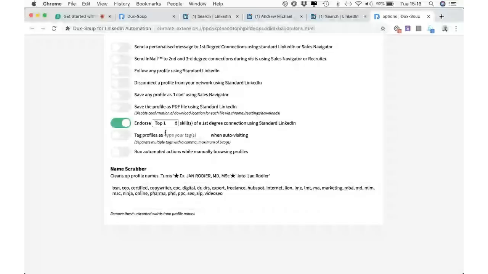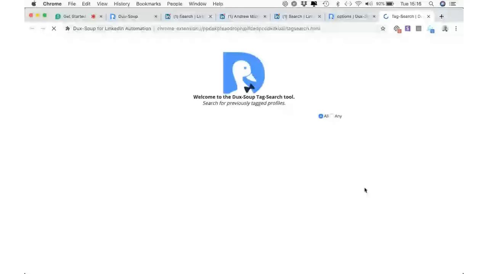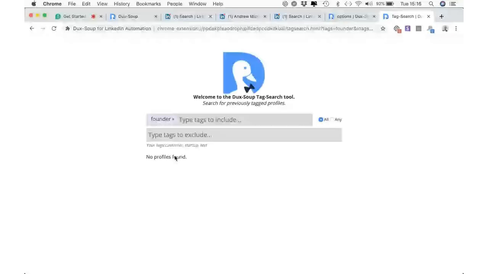So in the context, you might search for any founders, and then you want to be able to filter by them in the future. So you could tag by founder and press enter, and then filter. What this will do is every time it views your target audience, it tags them as founder. Now this is a cool feature in the future, because you can go into Dux-Soup and search by tag. So in the future, you could say anybody that's a founder, I could filter by. And so there's no profiles yet. However, when you've added these as you search, you'll be able to filter all the people that were tagged as